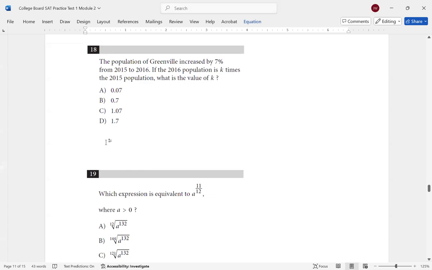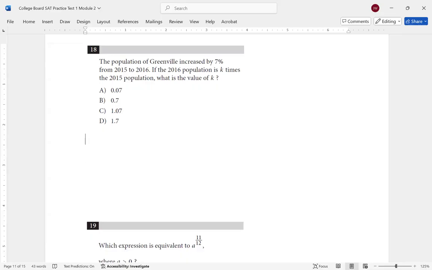Let's take a look at problem 18. The population of Greenville increased by 7% from 2015 to 2016. If the 2016 population is K times the 2015 population, what is the value of K? So it's increased by 7%. That's the whole key here. So if we're increased